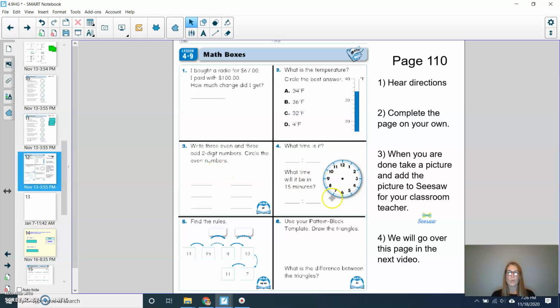For question 4, what time is it, and what time will it be in 15 minutes? For question 5, find the rule, and then fill in your boxes. And then for our last question, use your pattern block template, draw the triangles, and then what is the difference